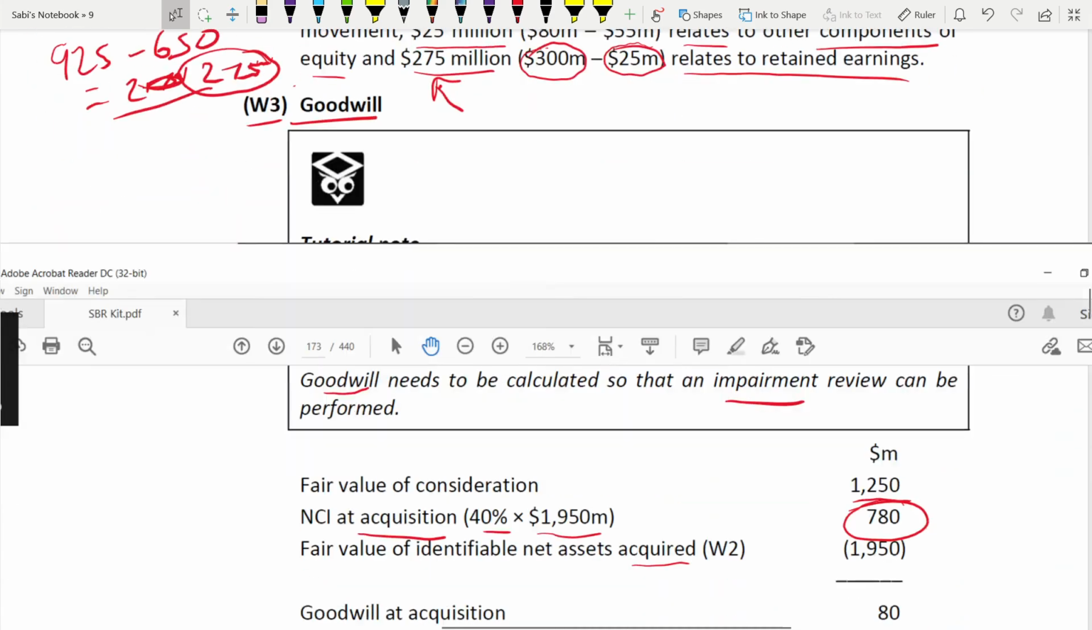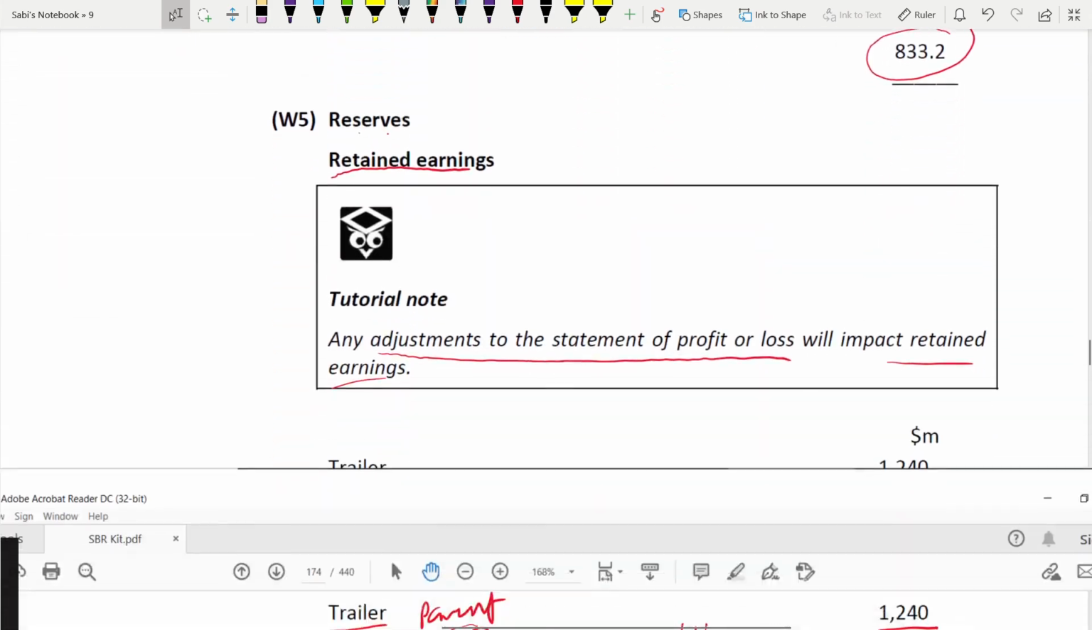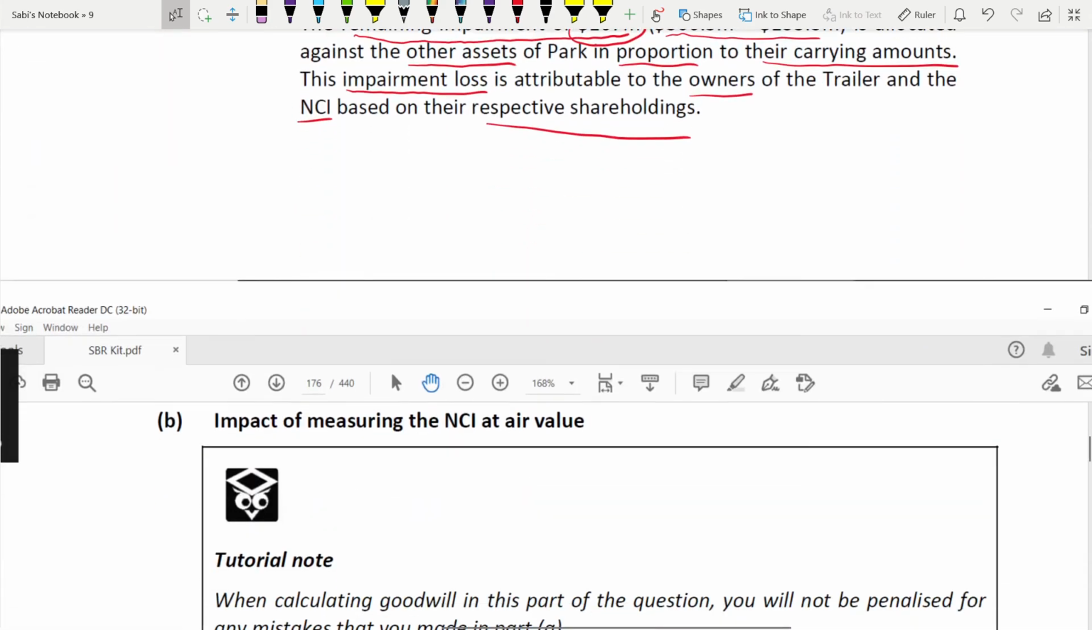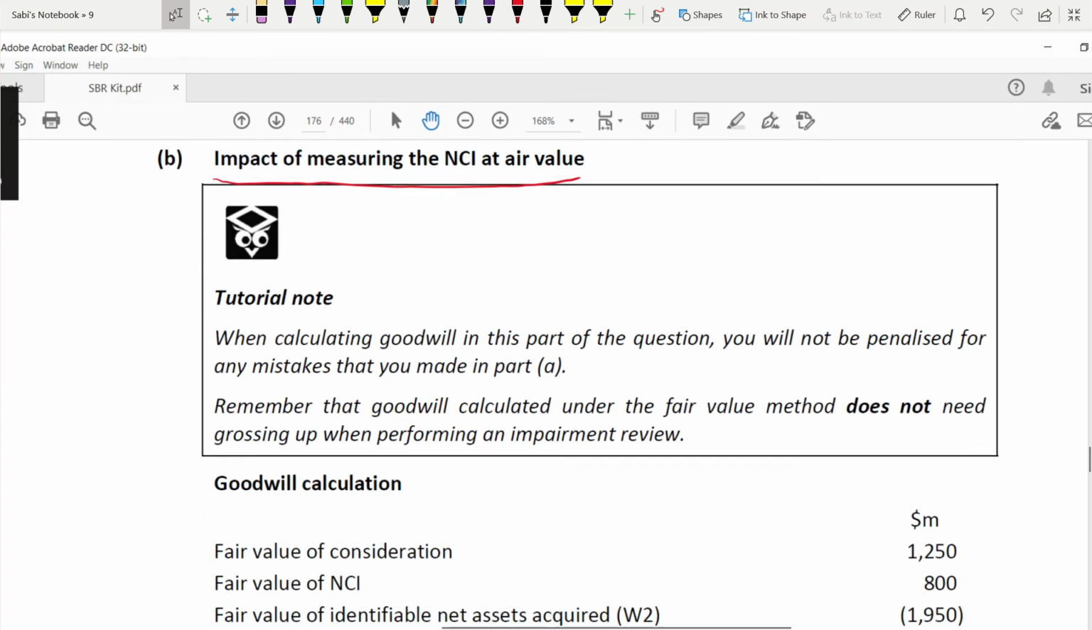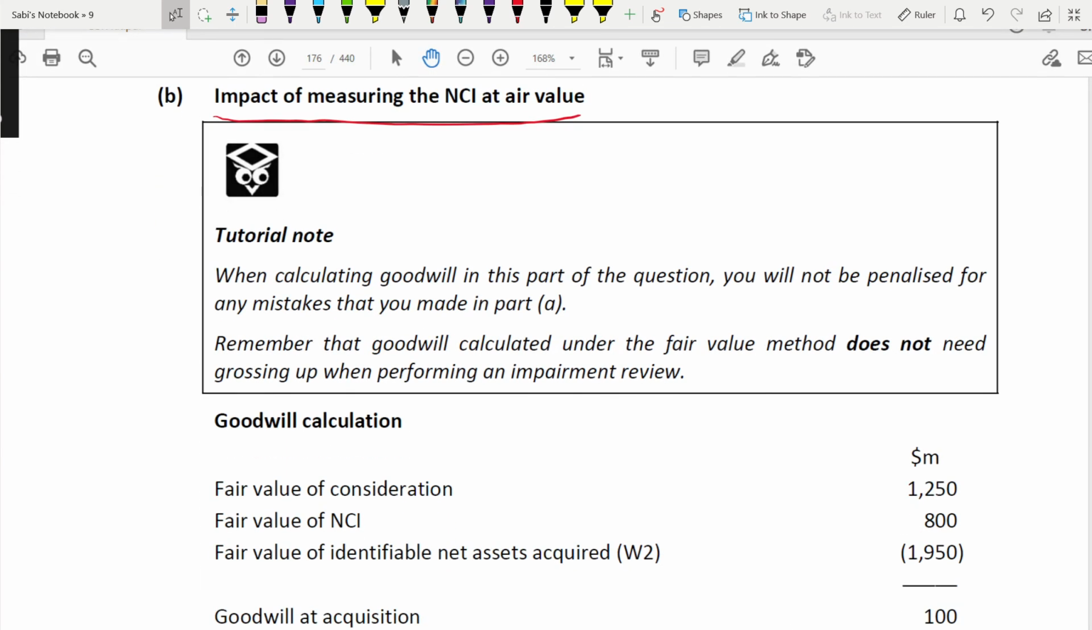So we are done with that. Now we'll go to part B. Part A is completely over, all the three parts, and part B is impact of measuring NCI at fair value. Even though we didn't read the requirements yet, before that, we'll at least